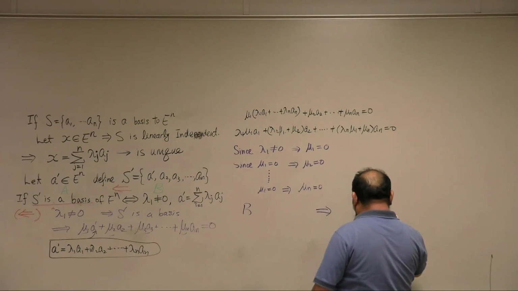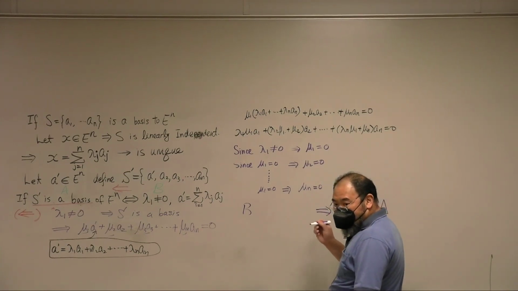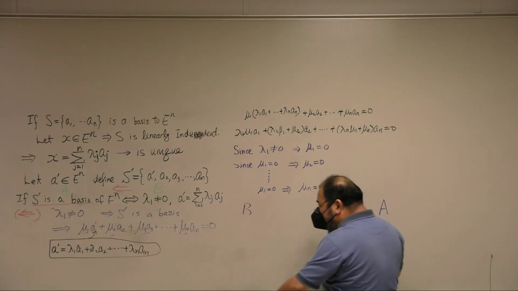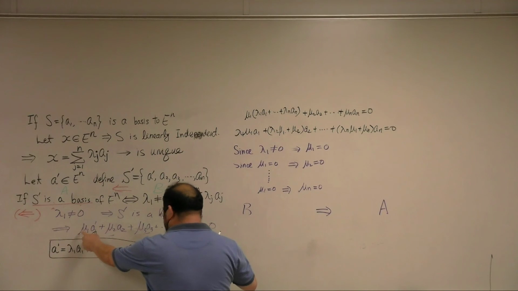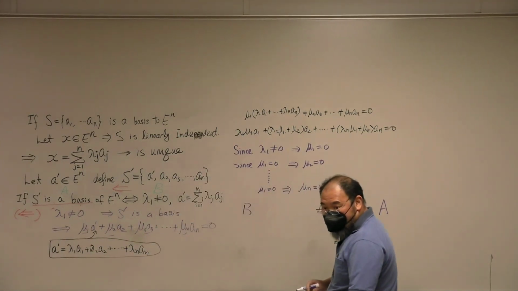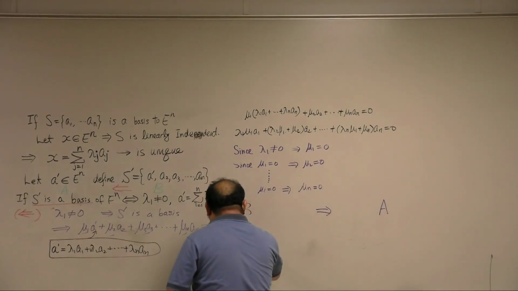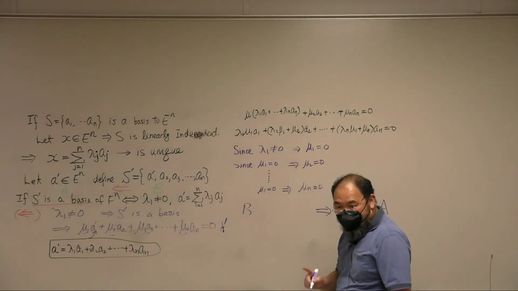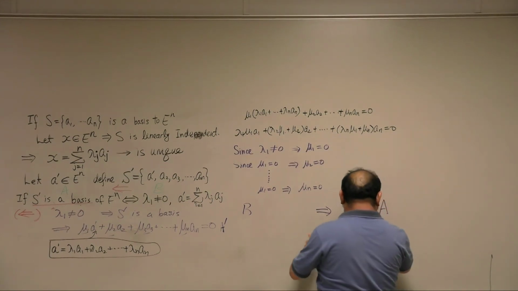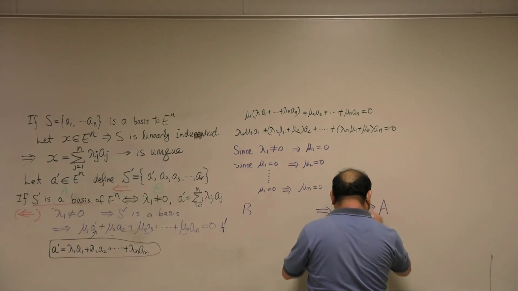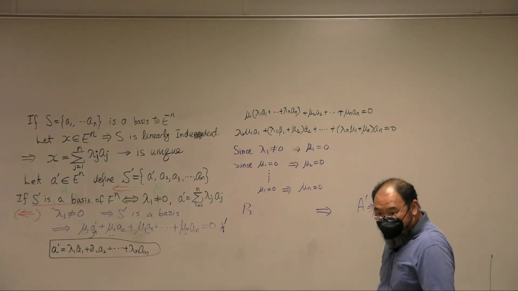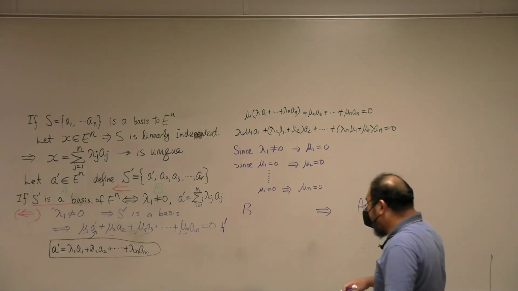So we need to go backward a little bit. The equivalent of B, S prime is a basis, meaning what? This. Make sense? So this is the so-called A prime. Everybody okay? So that means A prime implies A. I cannot directly prove A, correct? Everybody okay? Then I know